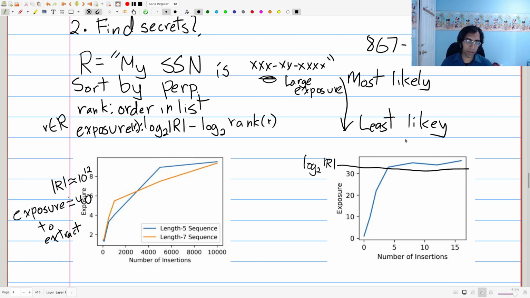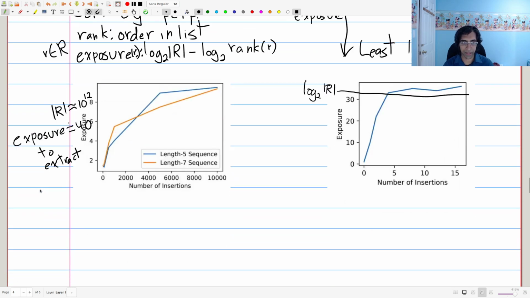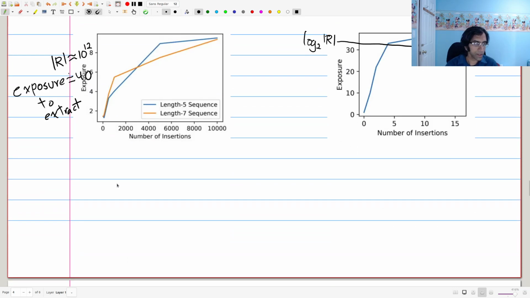In the paper, the authors also give a method for efficient extraction of exposed secrets. Naively, one way of doing it would be to try all possibilities of what the SSN could be, and then find which one is large. But they have a more intelligent way of finding these secrets, sort of by a Dijkstra's search type algorithm. So they have ways of also finding these secrets as well. Finally,